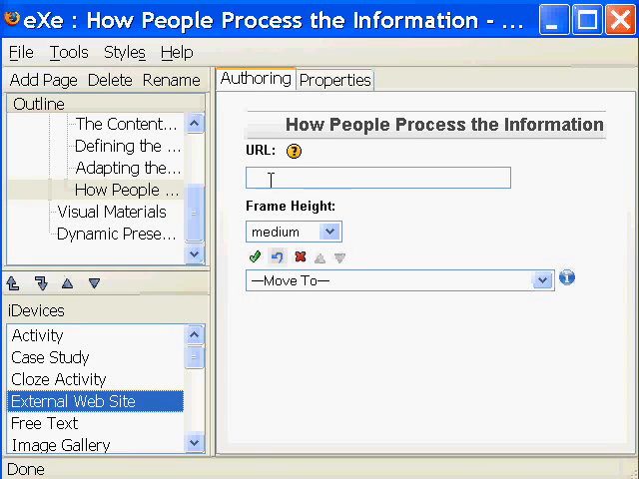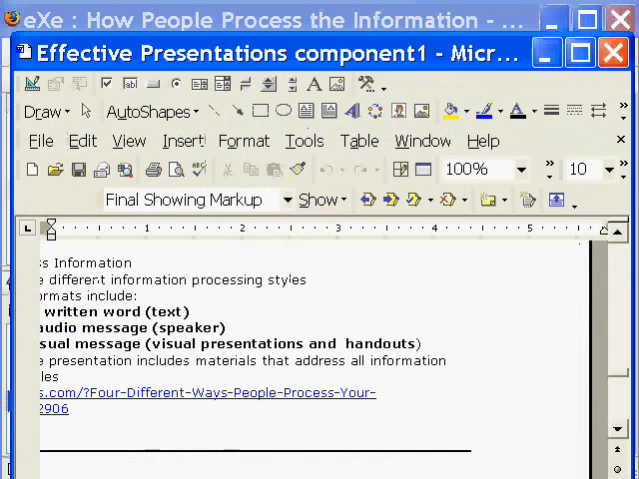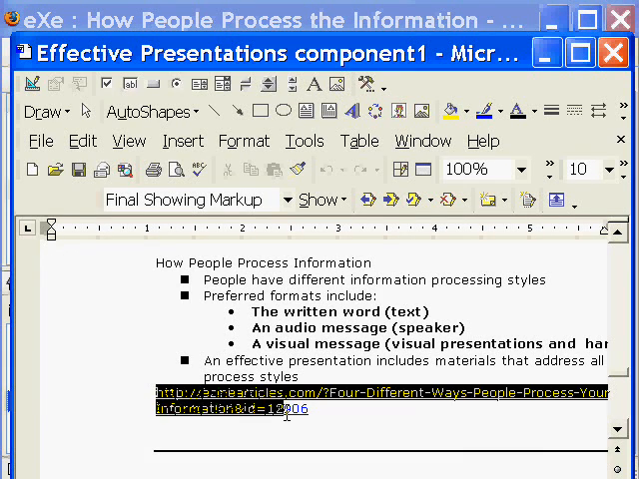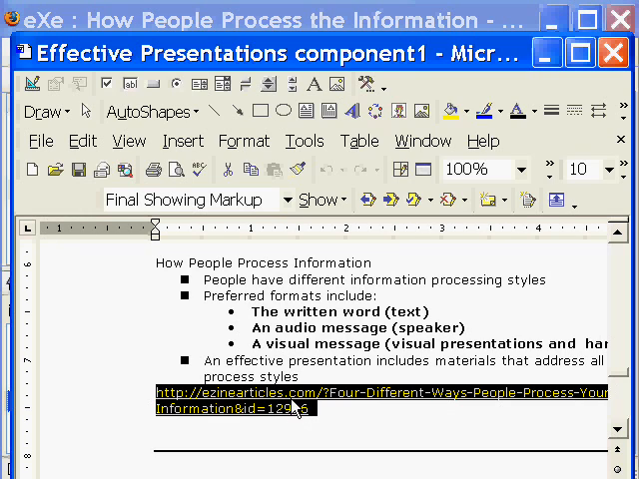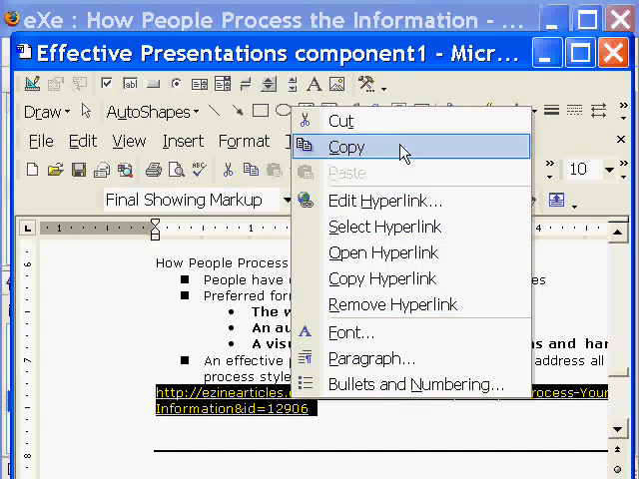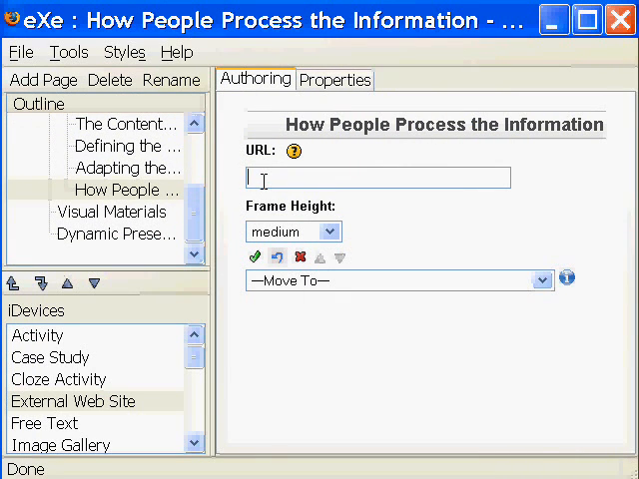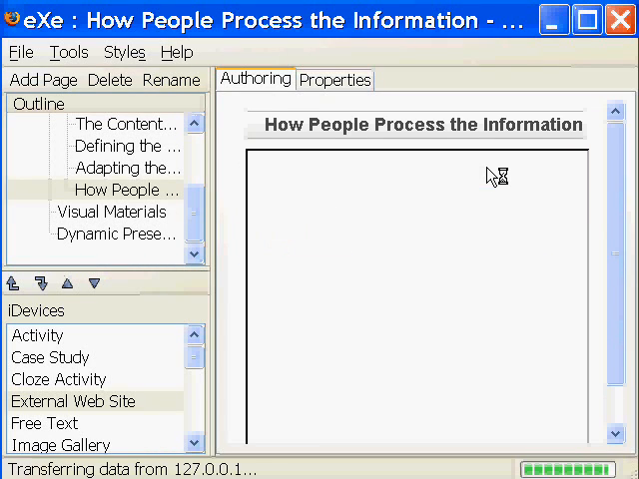So in this case, let's go back to our research or our source, and let's paste it here and let's press enter. So right now you are already connecting to that link